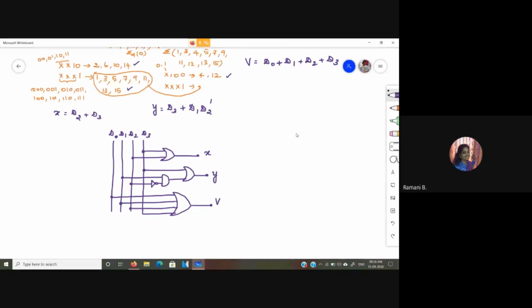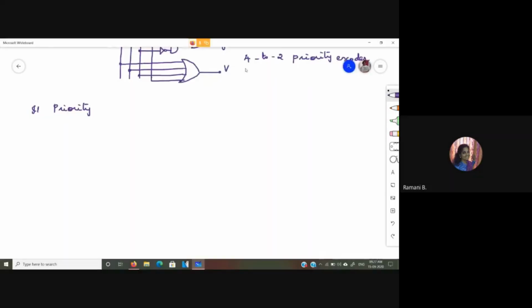Okay, so this is our 4 to 2 priority encoder, where we have given priority to the higher subscript value. So I will just give you the table where you can give priority to the lower subscript value. So if priority is given to the lower subscript